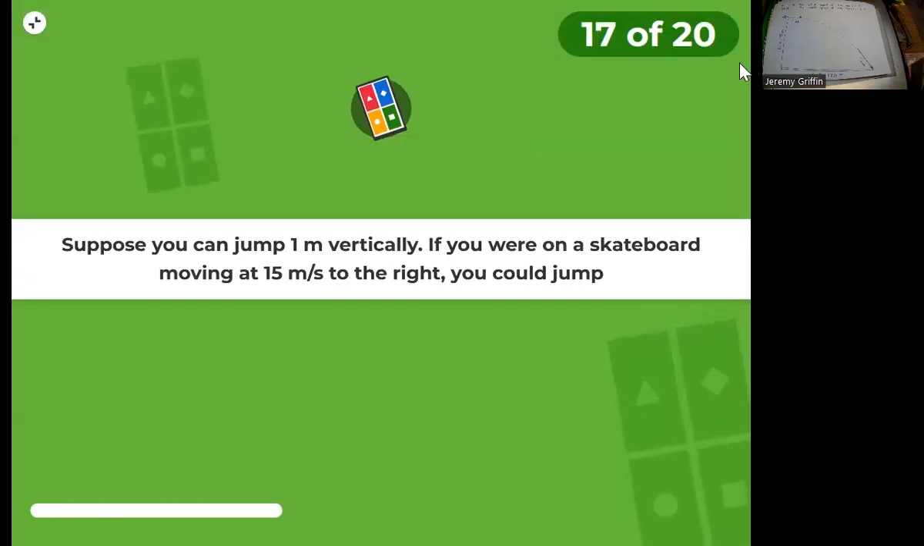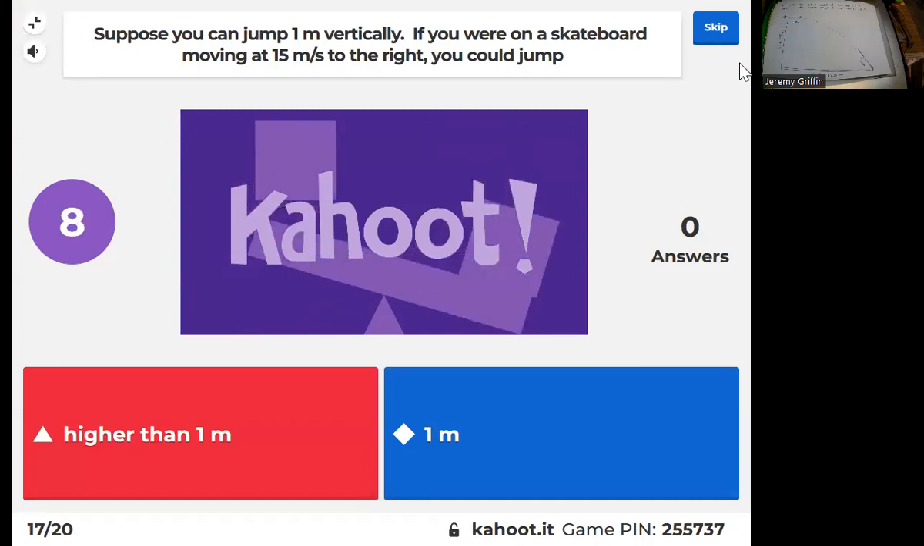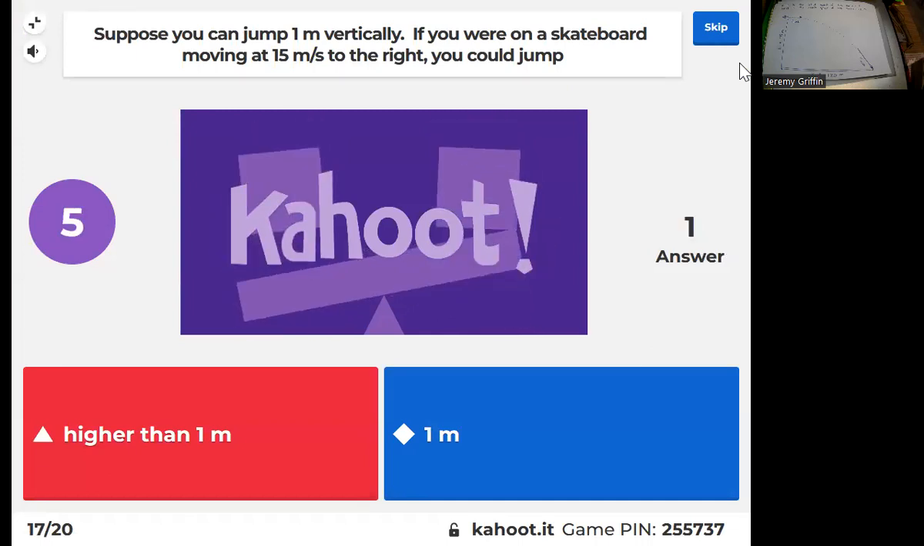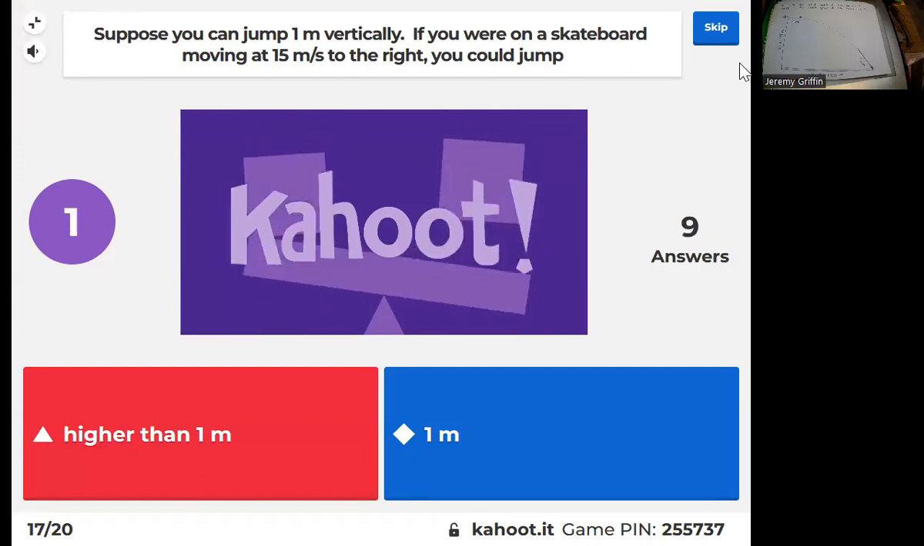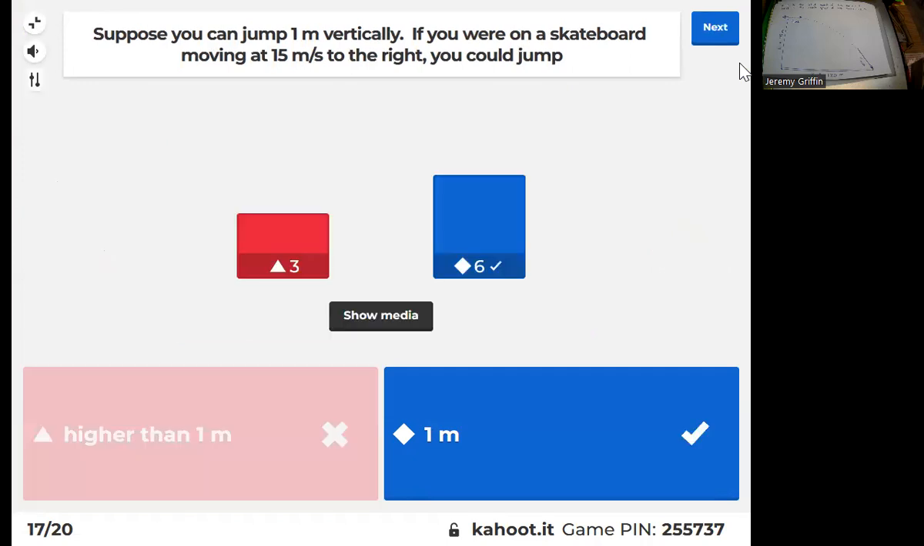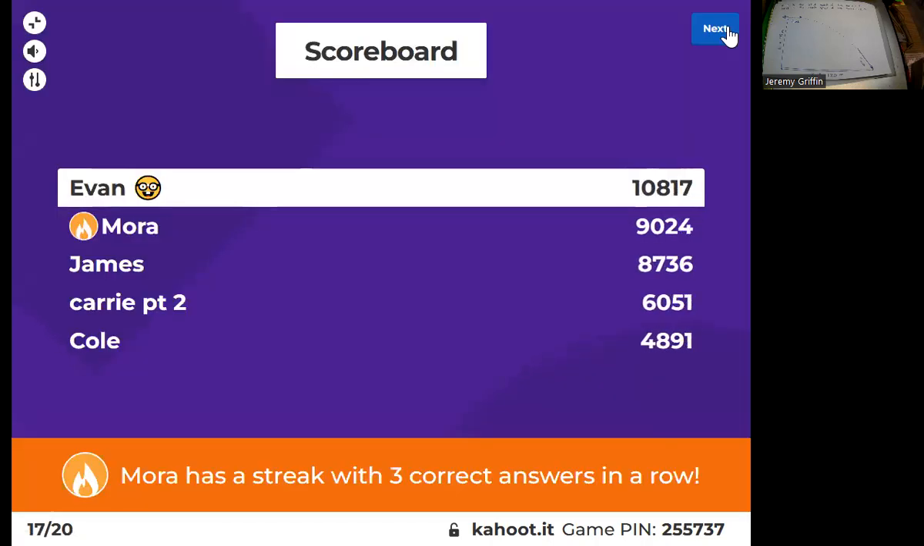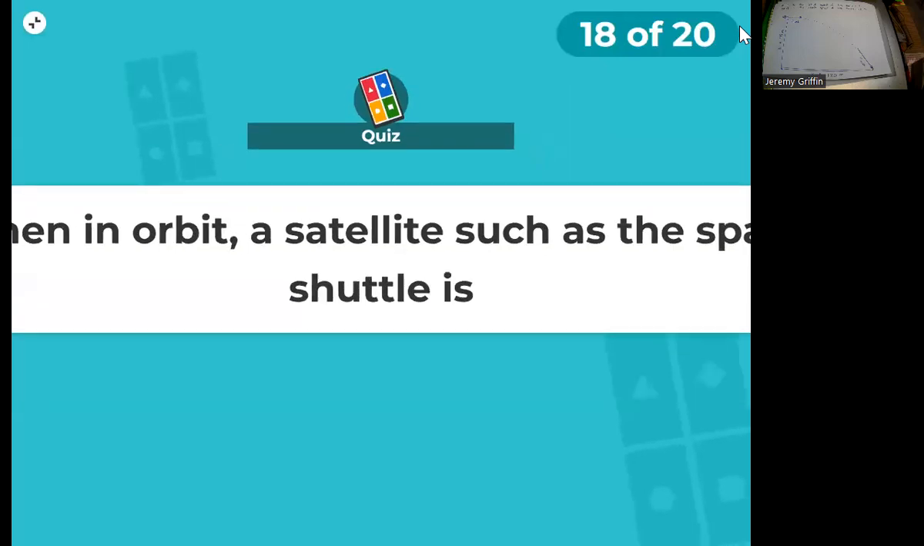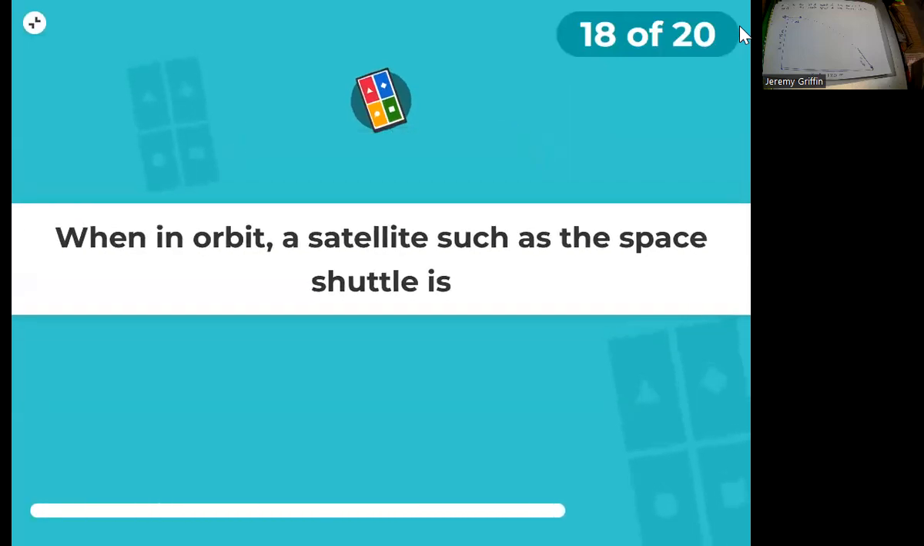Suppose you can jump 1 meter vertically. If you were on a skateboard moving 15 meters per second to the right, then you could jump how? Does your horizontal motion affect your vertical motion? Nope, same height. It's the same height. So we're gonna move on a little faster. More on fire. Evan's still in the lead. 3 questions left. In orbit,